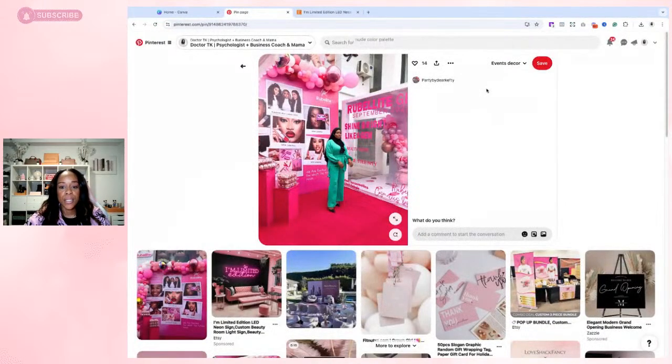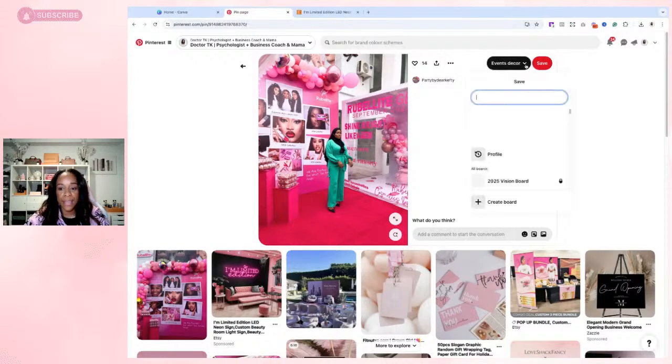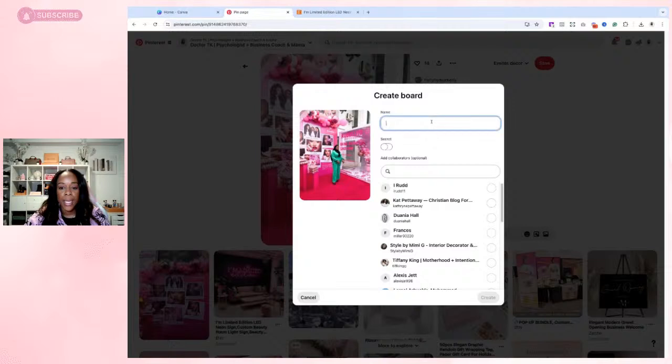So once you see these photos, I would highly encourage you, before you print out a gang of pictures and then find some that are better than the others, to save them. Now, I already have boards. What you would do is come over here. If you have an account with Pinterest, it's even better, but you can create a board. And I'm just going to call mine a vision board workshop, but you can call it business goals 2025. So let me see. I'm going to put business 2025 and I'll just put test so I know it's not mine.